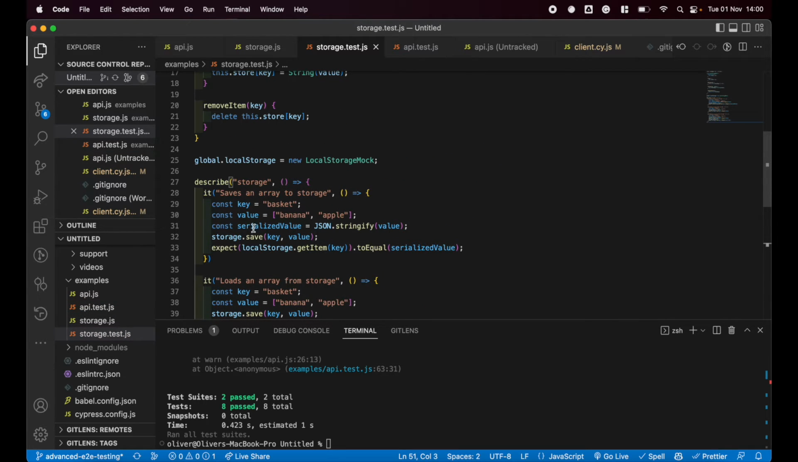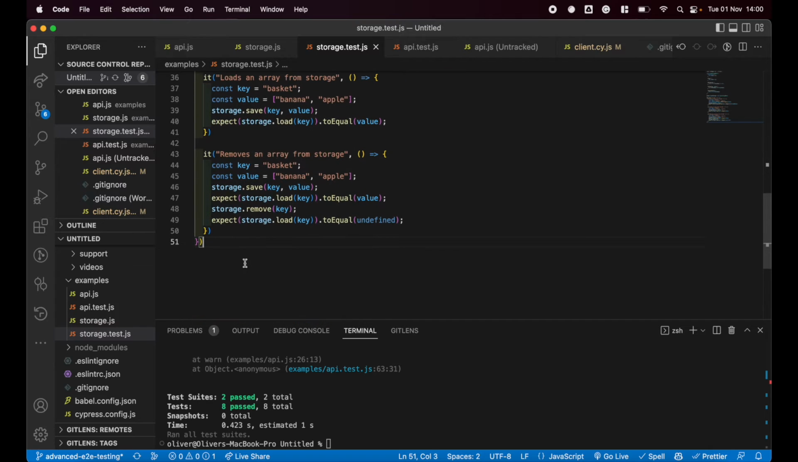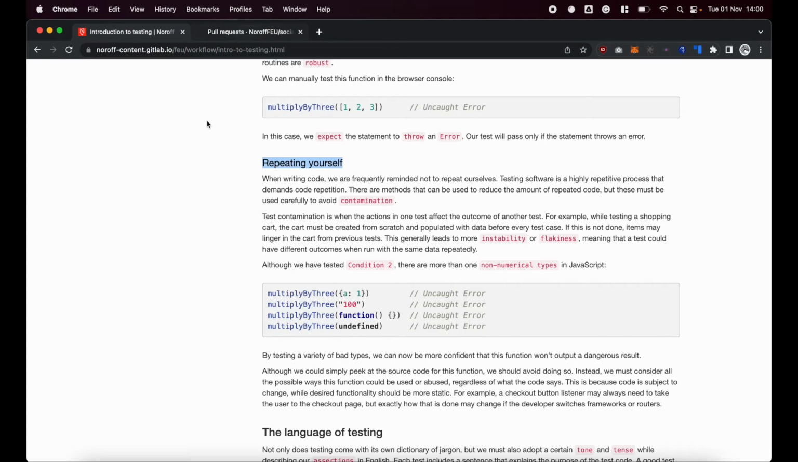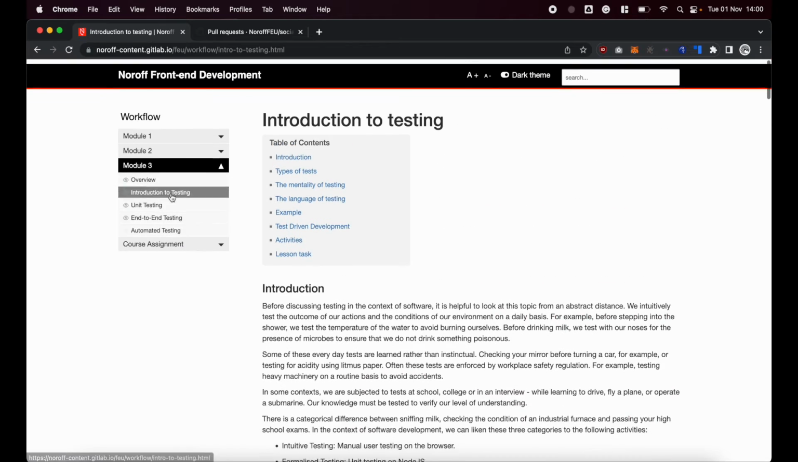So we've looked at local storage and we've looked at API fetches. They both involve mock functions. I think that this is actually enough to tackle the CA, because the CA is going to be a combination of these. If we look at the course assignment requirements,